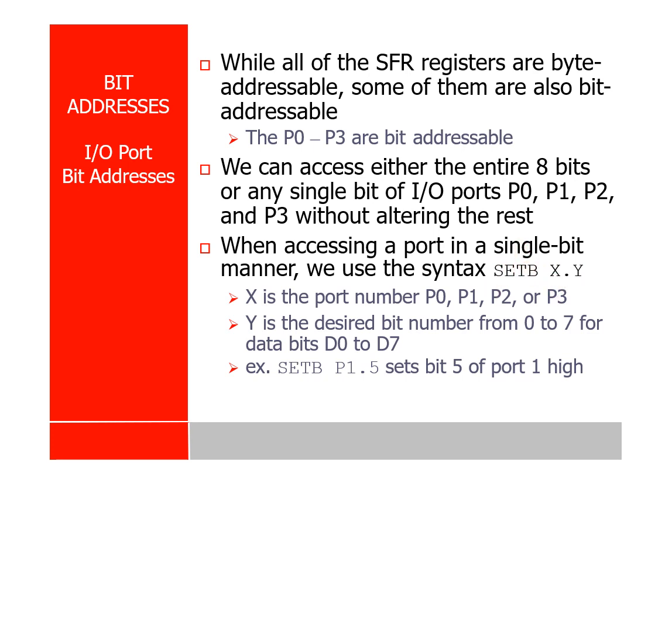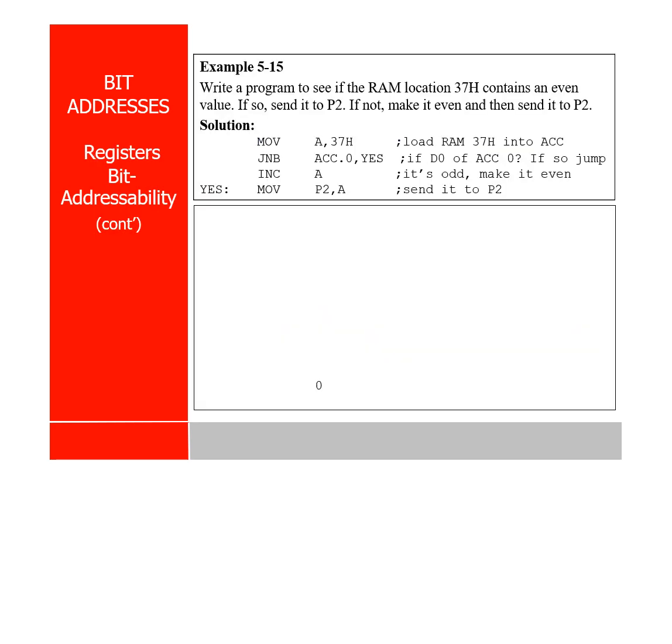You can make a bit 1 or you can make a bit 0. Now for example, you want to check whether the data in memory location 37 is even or odd. How can you check a number is even or odd? If a number is even,